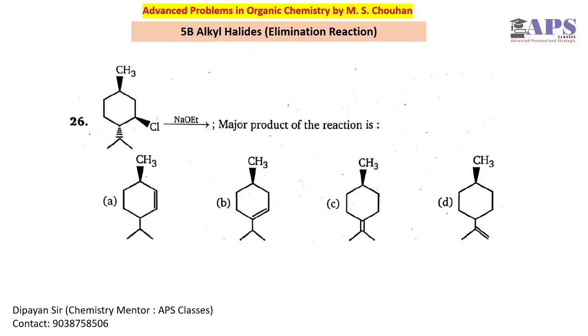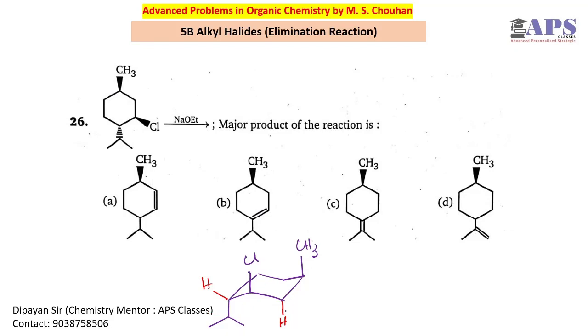Now we have to draw properly, otherwise it will not make sense. Okay, now the thing is that if I want this chlorine above the plane, we have to maintain this methyl also above the plane, and now we can draw this at below the plane. Okay, what is the problem in this case? There is no problem as such, but there is no anti-periplanar hydrogen present in this projection.